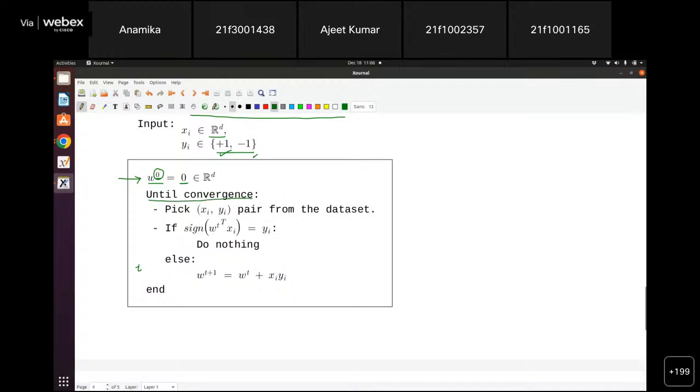We'll talk about what convergence is here. Now, in each iteration, we perform two steps. The first step is we pick some data point from the data. Let's say we are given x1, x2, x3, x4. We will pick them one by one. First, we'll pick this one,